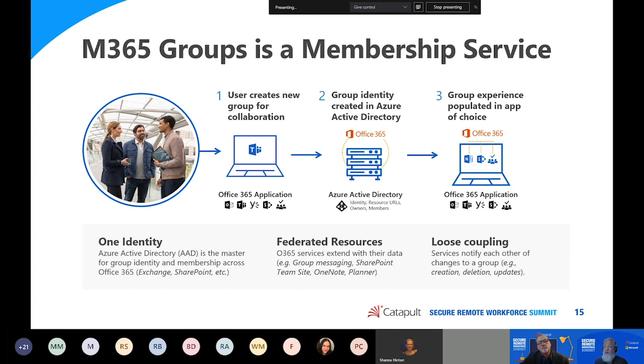So when we create a team, we're creating a group for collaboration, we're creating a group identity in AAD, and we're building that experience right in the app of choice in what we're doing, whether it's OneNote or SharePoint or Teams or tasks or whatever. We're building that experience within Teams using all of those various applications that are all supported by Active Directory and groups.